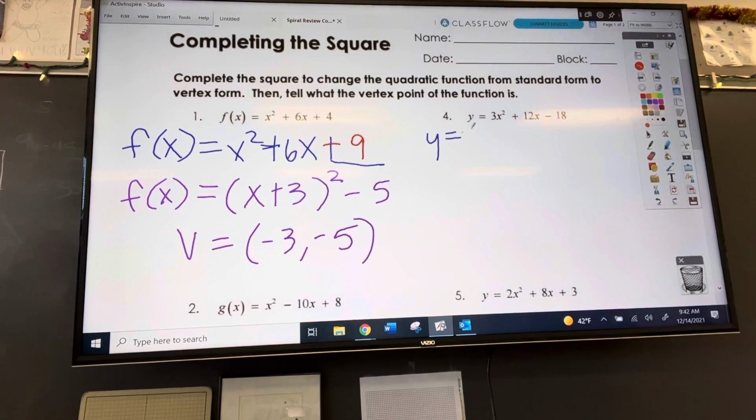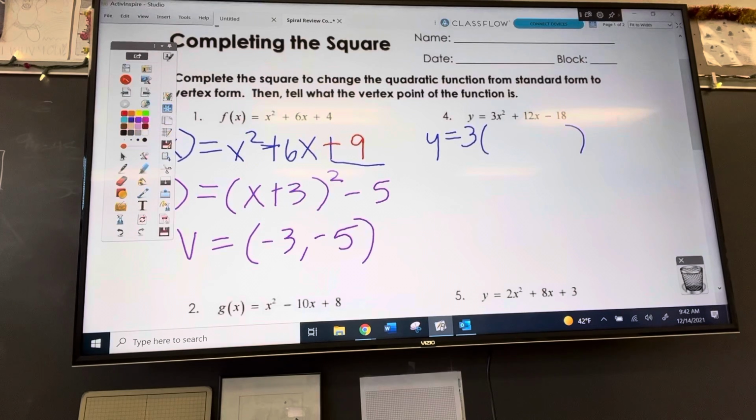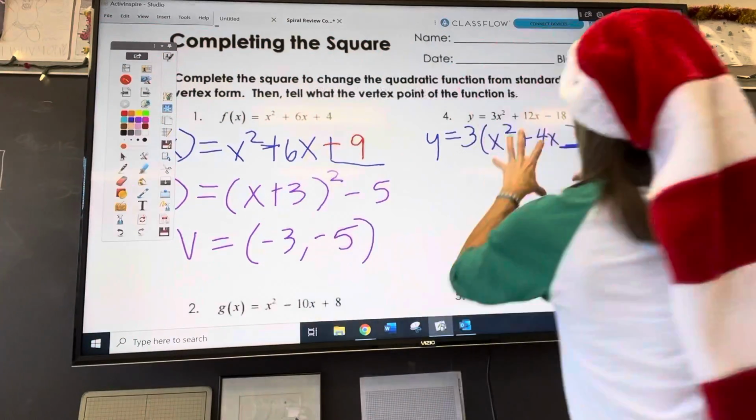We have a leading coefficient of 3. So the first thing I'm going to do is pull that 3 out or factor out that 3. Rewrite what I have left in here. I'm just going to pull it out of the first 2 terms, and I'm going to put the -18 at the end here. So if I pull a 3 out, so 3x squared, if I divide that by 3, I get just x squared left, and then the 12x, that will be 4x, and then a space, and then a space. Now what we're going to do here is complete the square here,